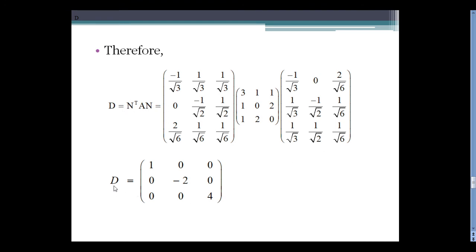So finally we get the diagonalization of a matrix by orthogonal reduction, whose matrix contains only the diagonal elements and the other elements are zeros. In the diagonal elements we get only the eigenvalues. So here in this video we have seen what is an orthogonal matrix, what is orthogonal reduction, and how to check whether it is orthogonal or not, and how to find the diagonalization of a matrix. Thank you students.